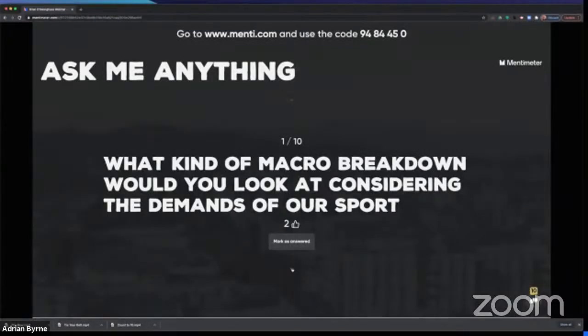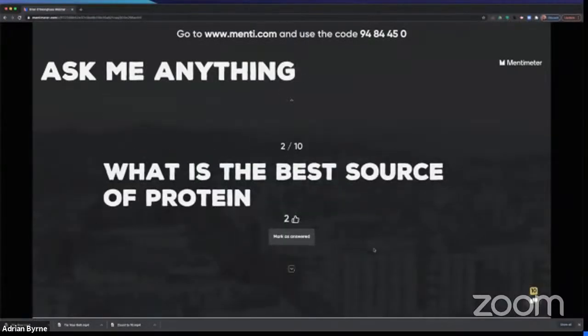So if someone is 50 kilos, then it's 50 grams of fat. Fat is 9 calories per gram, so that's another 450 calories gone off your total calories, and then whatever's left in terms of calories, divide that by 4, and that tells you your carb intake. I know that sounds quite complicated, but that is the answer. So what it's going to look like is high protein, high carb, moderate fat, generally speaking, for the demands of this sport.